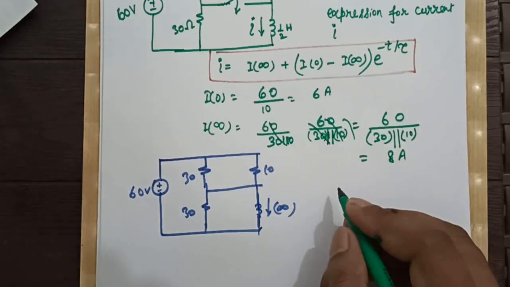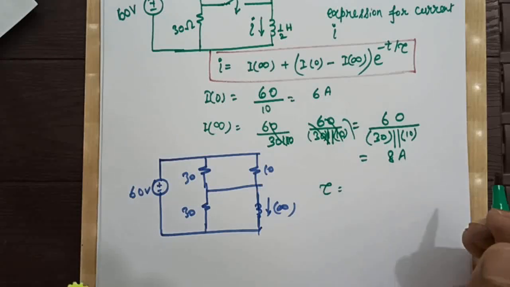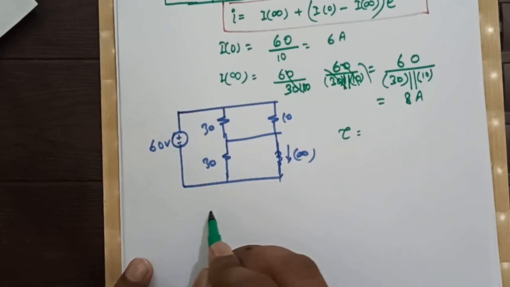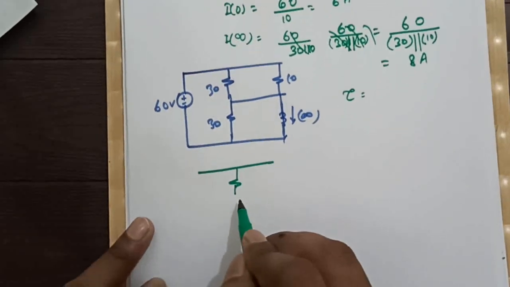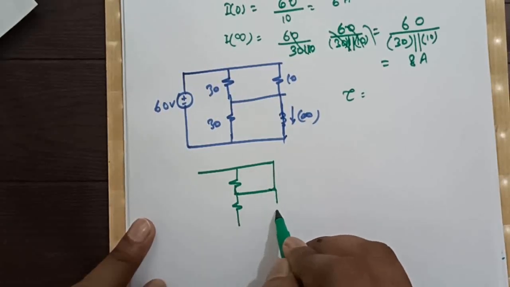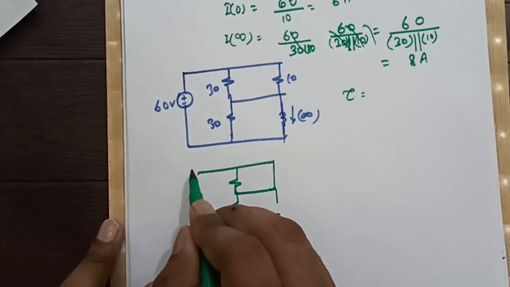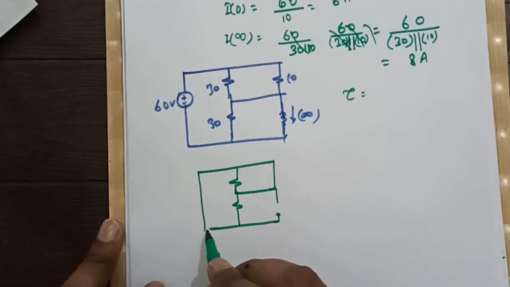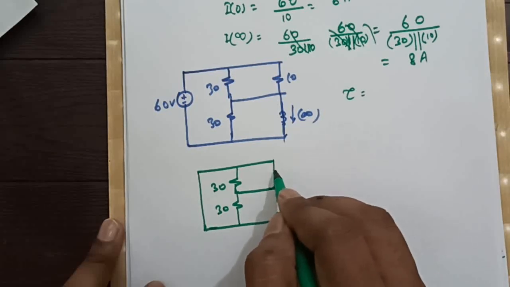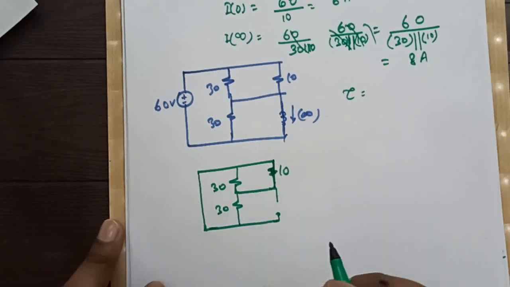Right. Now our next target is to find the time constant. Now to find the time constant, we have to find R equivalent. For calculation of R equivalent, what will be the scenario? This resistor, this resistor. Since this gets short circuited, our inductor was here, and this voltage source will get suppressed and replaced by a short circuit. This is 30, this is 30, sorry, here will also be one resistor of 10 ohm.